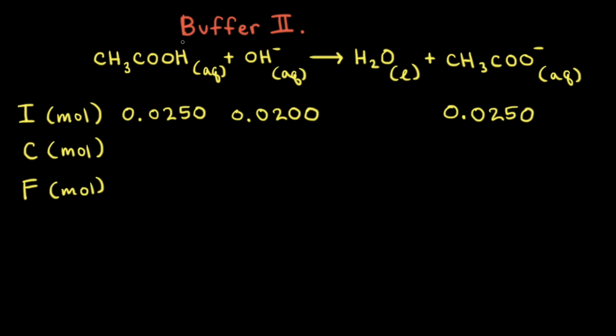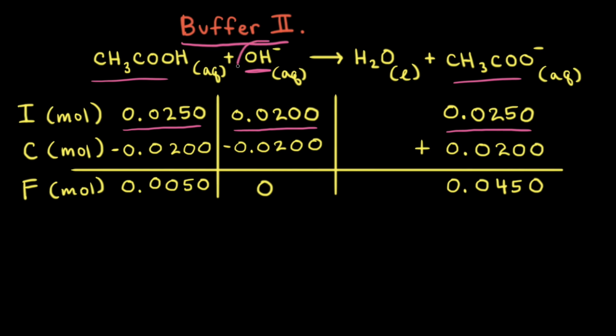Next, let's calculate the pH of buffer 2 after the addition of the hydroxide anions. So the initial moles of acetic acid in buffer 2 is equal to 0.0250 moles, which is the same number of moles as the acetate anion, so 0.0250. And the hydroxide anions that we add is equal to 0.0200 moles. Once again, hydroxide anions are the limiting reactant, so all of the hydroxide anions are used up and we're left